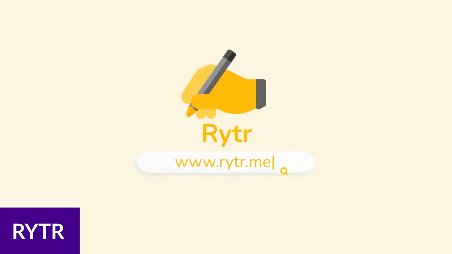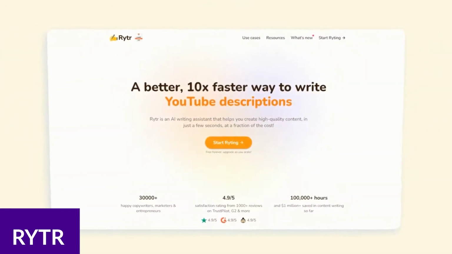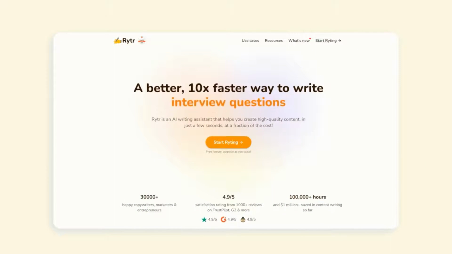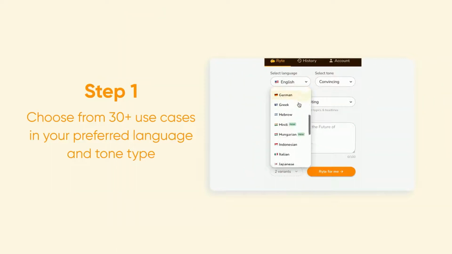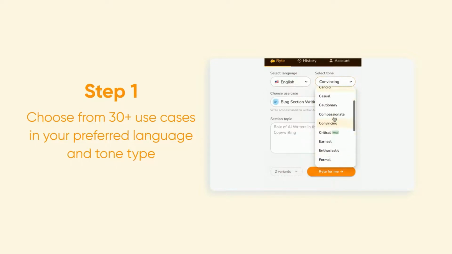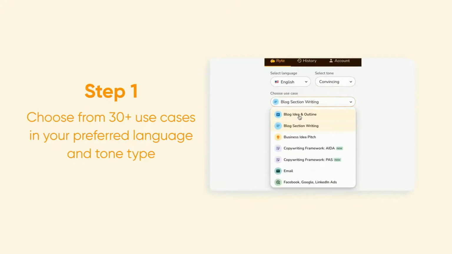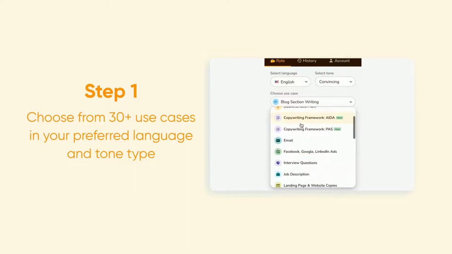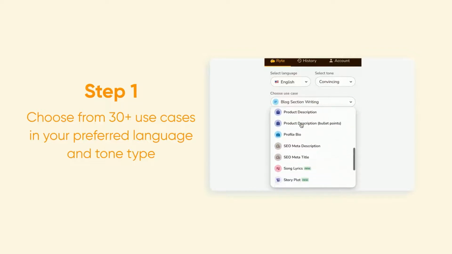Let's jump into it, and the first one I wanna talk about is Rytr. Rytr is one of our more affordable entries on our list and is packed with features. Like many other AI writing software, Rytr is built on OpenAI's GPT-3 model. Its user interface is simplistic, making it one of the easiest tools to master. Despite its bare-bones interface, it offers several great writing tools, including rephrasing existing content, writing new content, a grammar checker,